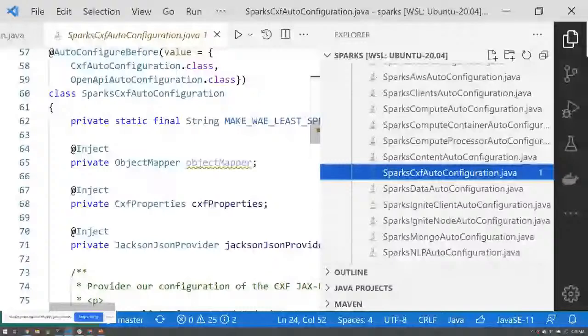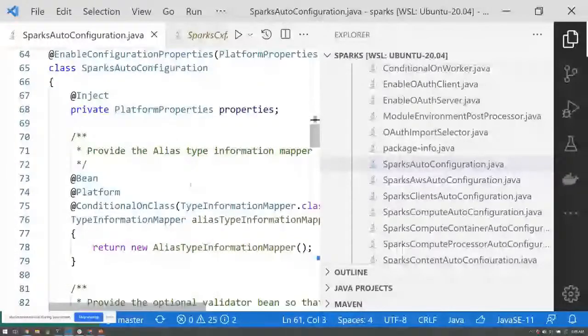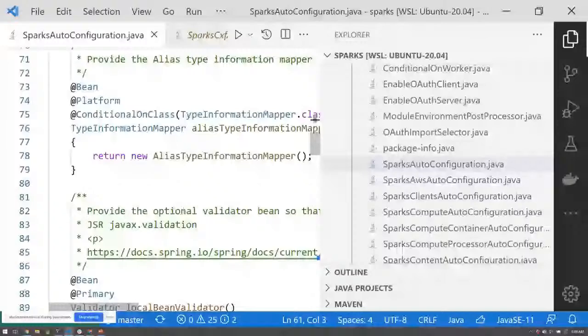So creating all of these configurations, at first it seemed like a great idea, but it started to become extremely complicated and magical. And there's different rules. If I have a static inner class, how does that get loaded? If I'm conditional on bean, if I'm conditional on class. What ended up happening is a lot of the configurations turned into feature-flag-type configurations. I'm not going to deal with this. I'm going to put a property in my application config, and if it's on or off, I'm going to turn this on. And that's how things started to change.